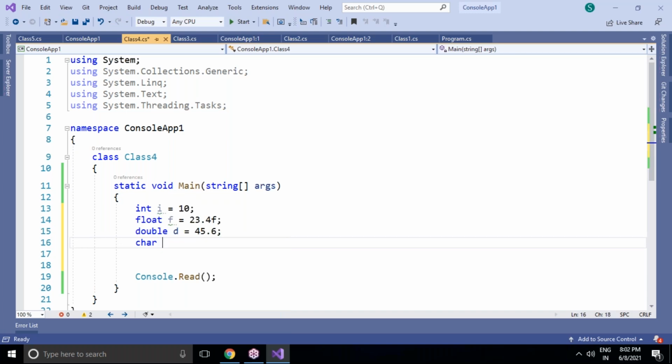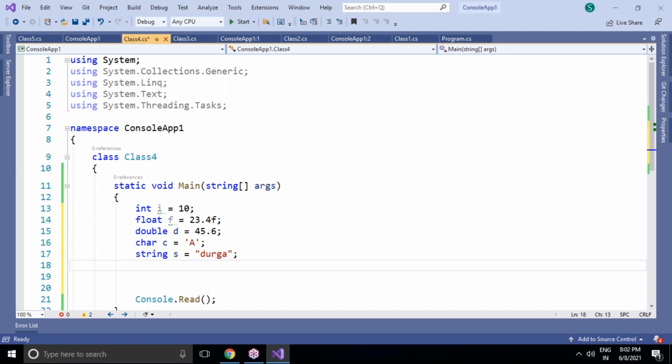Char c equals a character, I'm taking character a. And string s equals, yes, string is a group of characters. We have the long type also. Long l equals long values. You can represent L also, capital L or small L, but it's not required for long values.